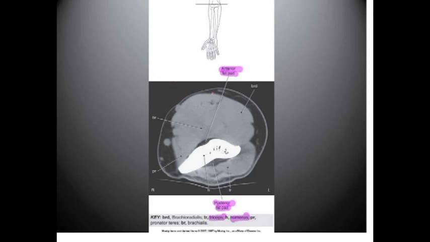Here we can see this area and this area, and those are the fat pads. We have the anterior fat pad and the posterior fat pad. We also have the brachioradialis muscle, triceps,